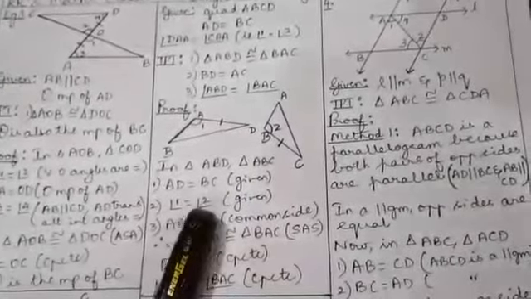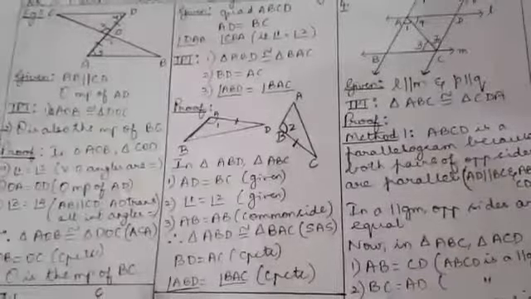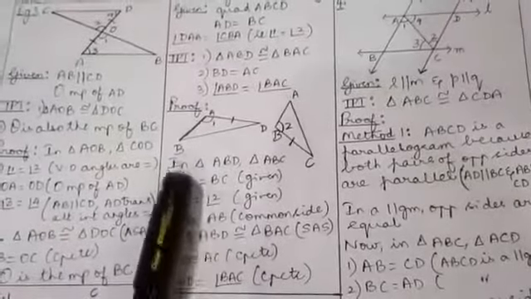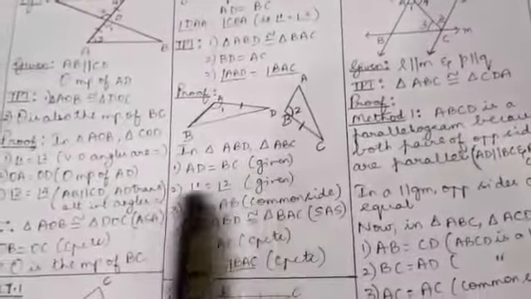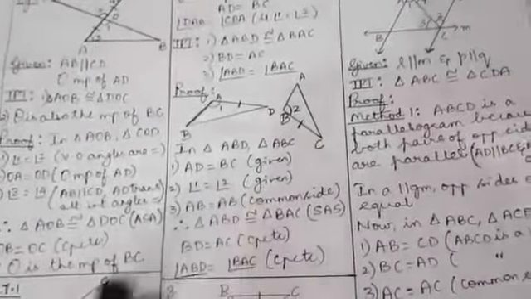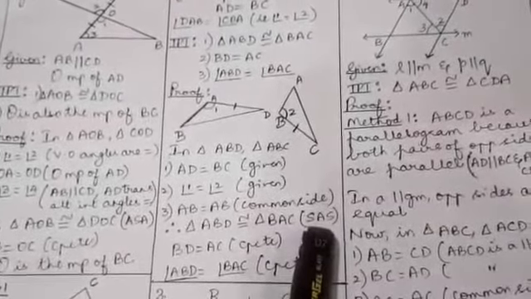What about angle 2? We need to check if angle 2 is contained by the sides BC and AB. See here, angle 2, BC, AB. Or you could also understand like this, the arms of angle 2 are AB and BC, which means the sides AB and BC contain angle 2. Clearly, angle 1 and angle 2 are the included angles. So that makes it SAS, two sides and included angle. Therefore, the two triangles are congruent by the SAS congruence criterion.